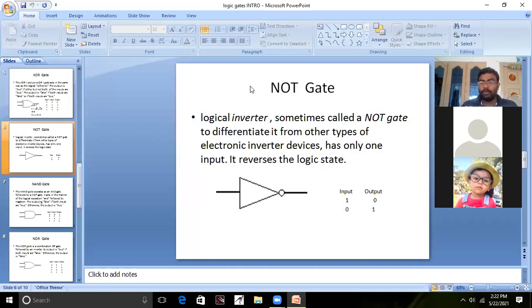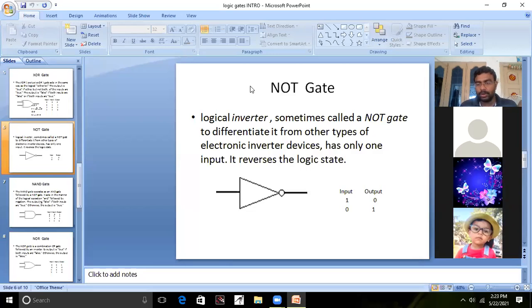Tell me, guys, what will we use AND gate for? Multiplication. So the Boolean expression or logical expression is y is equal to a into b. And guys, now next one, OR gate is used for adding the inputs. And what is the logical expression? Output y is equal to